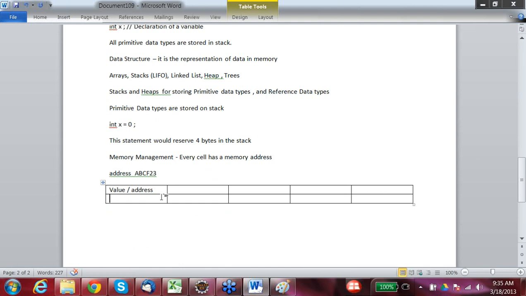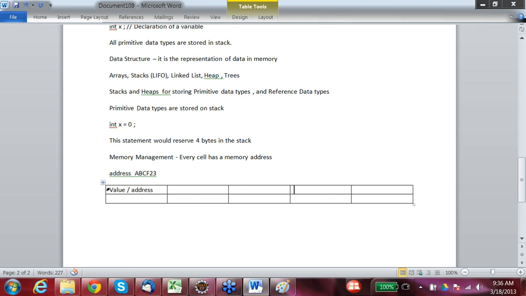How your program is going to read the data is by referencing this particular memory address, and this is what is actually stored in your variables, right? So for every variable, that particular address would be accessed by x, and this memory address would hold the value assigned to that variable. Every cell has an address and a certain value. If you are storing integers, there would be 1, 2, 3, 4.